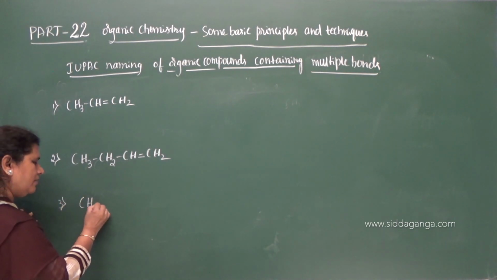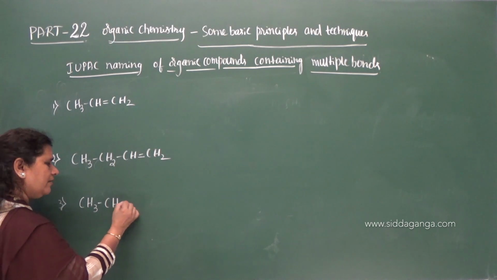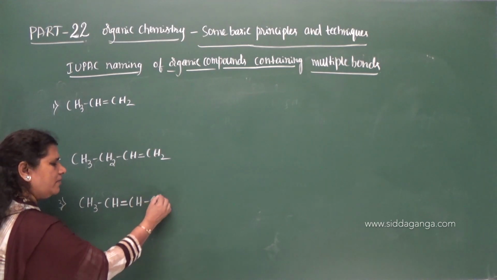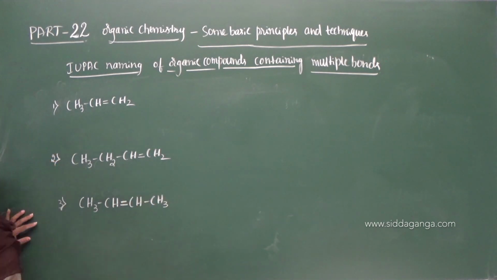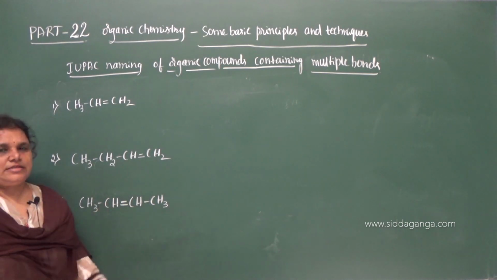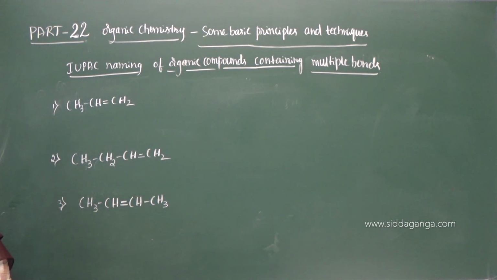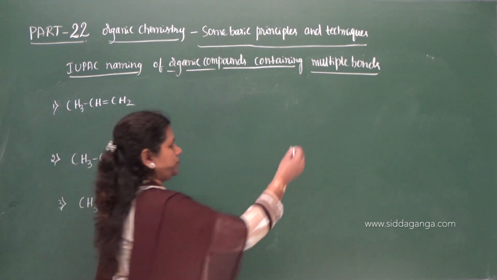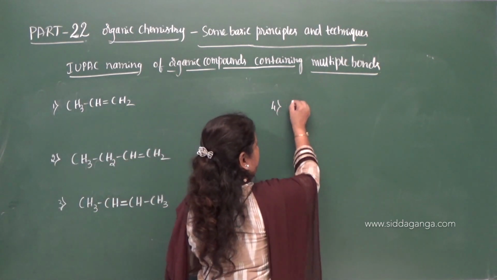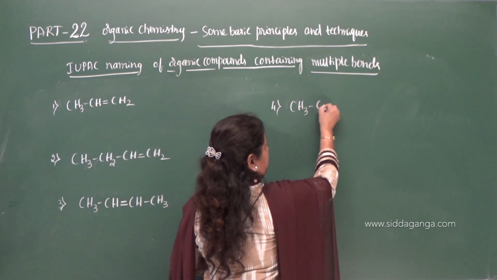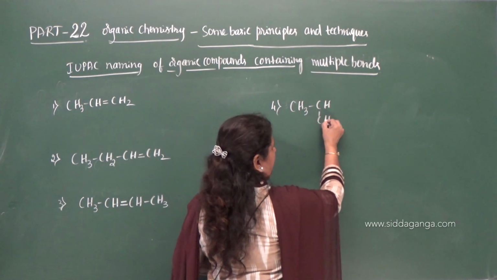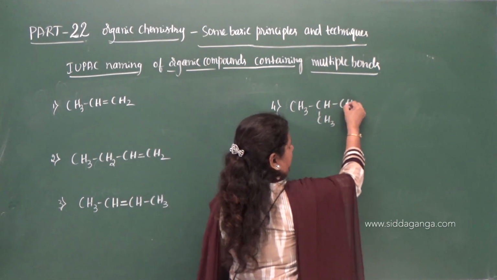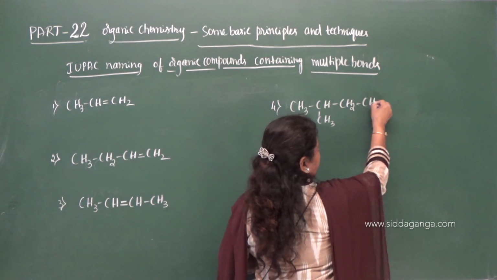Third one: CH3 double bond CH, CH double bond CH, CH3. And fourth one: CH3, CH, CH3, CH2,